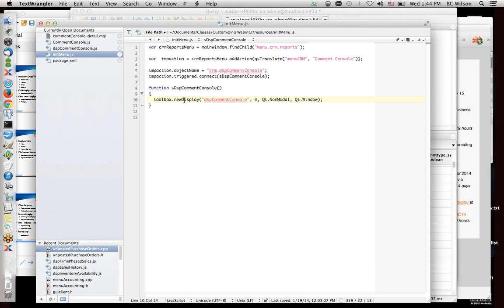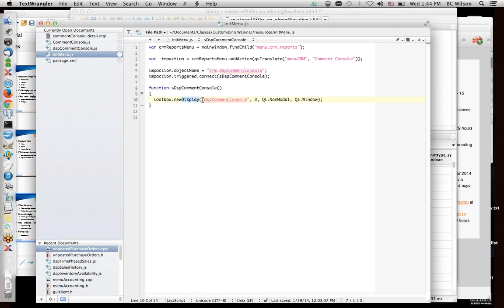We're going to add a new action inside of that menu. It's called Comment Console, and we're saying when the user clicks on Comment Console, they're going to initialize this action, and here's what it does. It's going to fire off a new display,